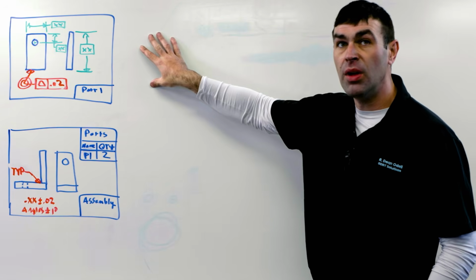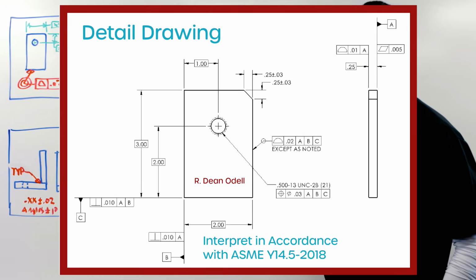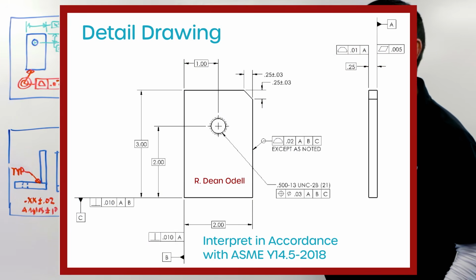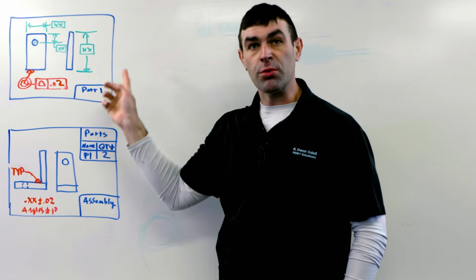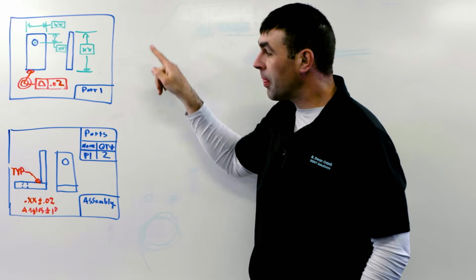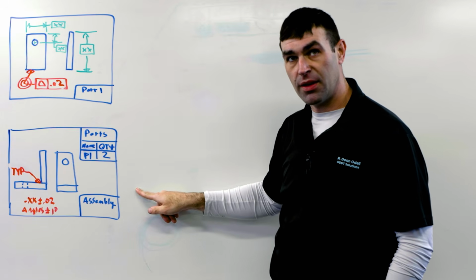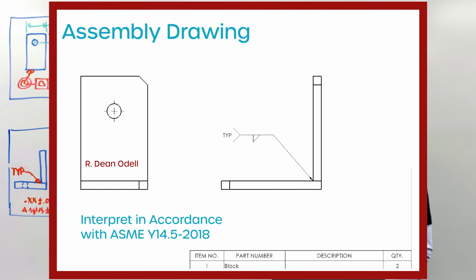So here's an example. Detail drawing, right? It doesn't matter, it's fully defined, right? I use profile all over, but it could be plus minus dimensions, doesn't matter. The idea is this part gets made, you inspect it to this requirement, and then you're good, right? Part one is check. Now it gets called up at the assembly. What I just read there, this does not get inspected again at the assembly. We know part one is good. We're going to put it together.